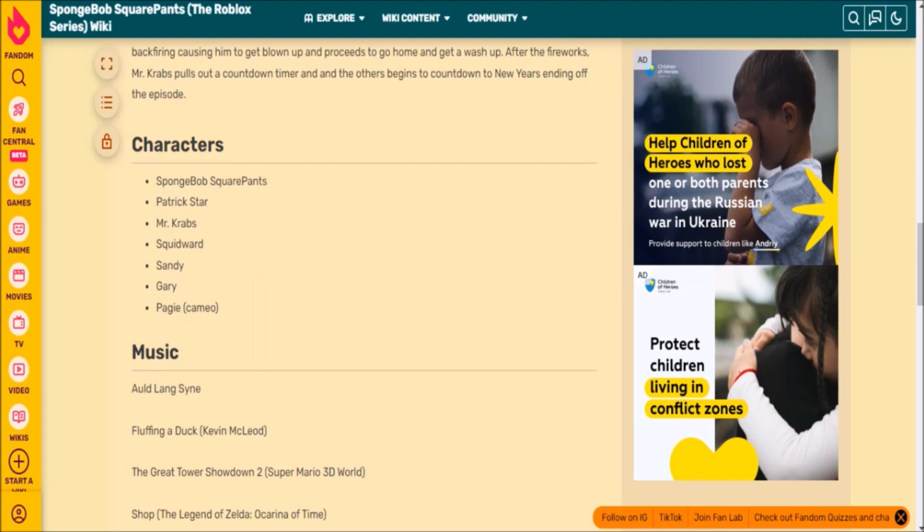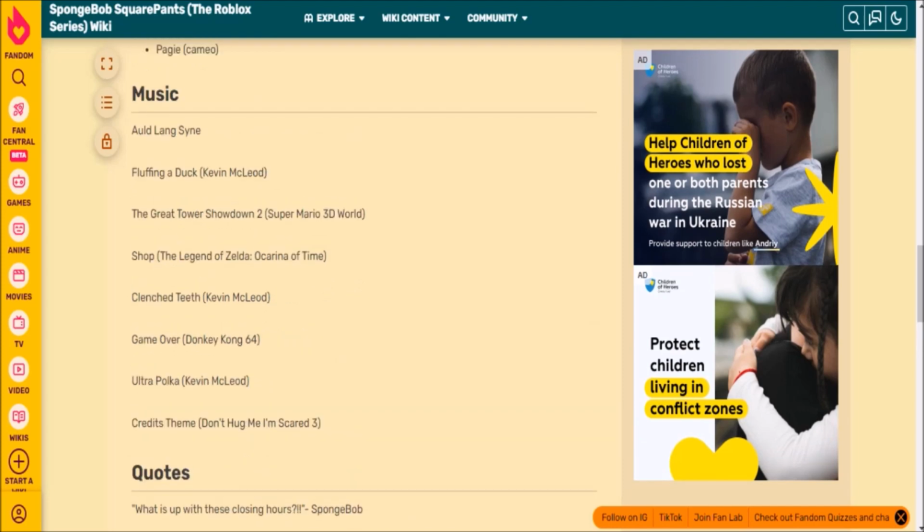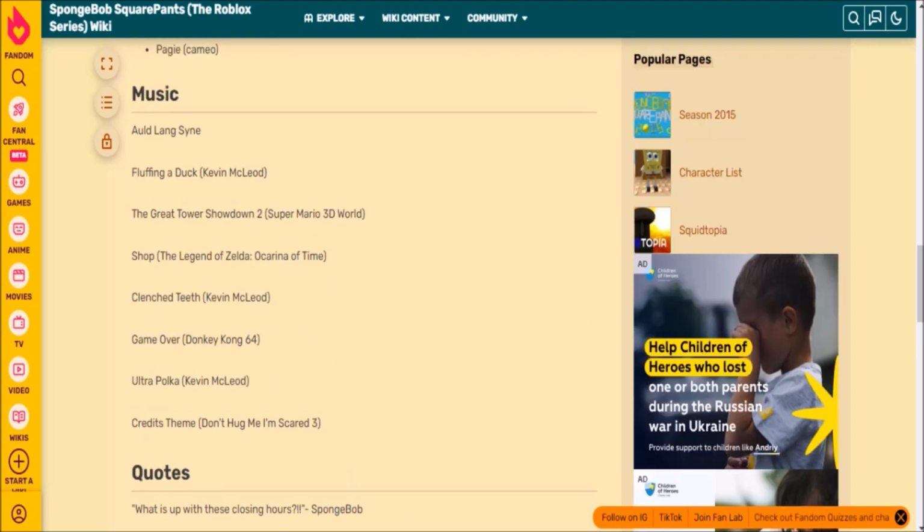Alright, so the characters are SpongeBob, Patrick, Mr. Krabs, Squidward, Sandy, Gary, Patchy, cameo. Alright, the music: Auld Lang Syne, Fluffing a Duck, The Great Tower Showdown, Shop, Clenched Teeth, Game Over, Ultra Polka,